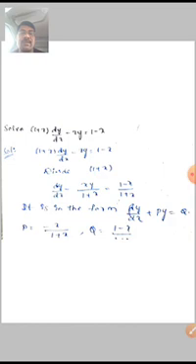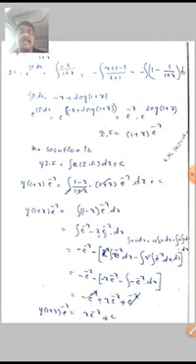Here P is equal to minus x by 1 plus x, Q is equal to 1 minus x by 1 plus x. Its integrating factor is e power integral of P of x dx, which is e power integral of minus x by 1 plus x dx. Here we have to simplify it. Integration of P dx is equal to minus x plus log of 1 plus x. So e power integral of P of x dx is e power minus x plus log of 1 plus x. We simplify it and get the integrating factor 1 plus x into e power minus x.